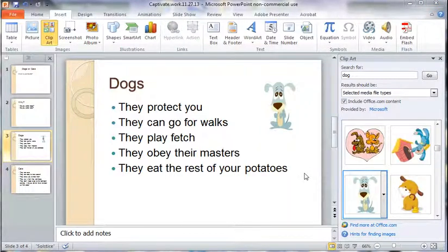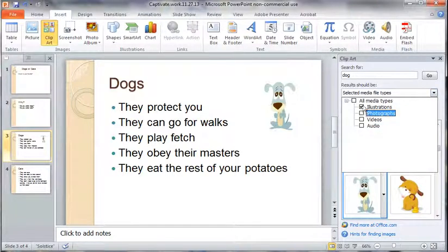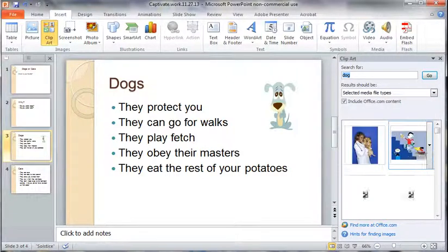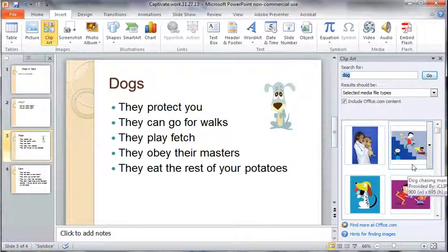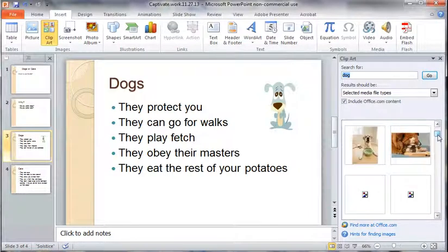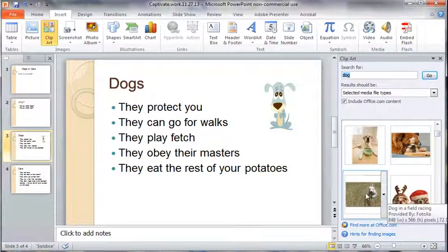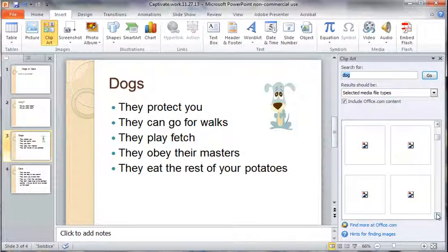To give you another option, you can select photographs of dogs. Now you can also select your own personal photograph, but that will be a later exercise. But if you want to select any photograph, you select the media type and click off the illustrations and onto photographs. And also then go back to Go, and you will see these photographs load. Now, as you can see, some of them are still illustrations, but there are photographs of dogs. And you do the same thing. If you find a photograph that you like,